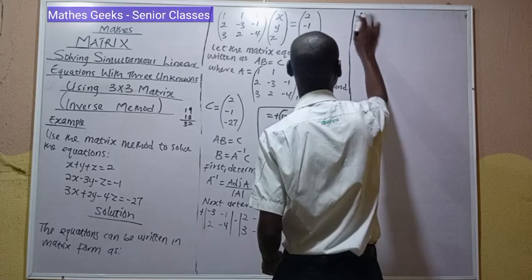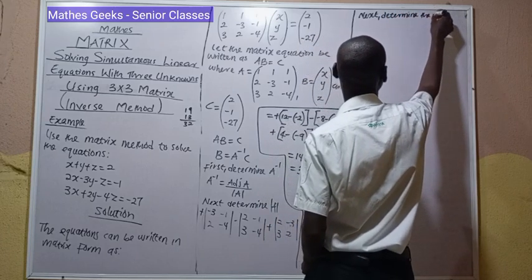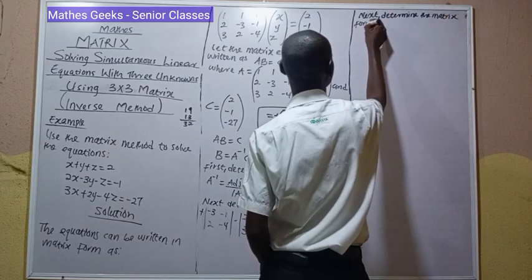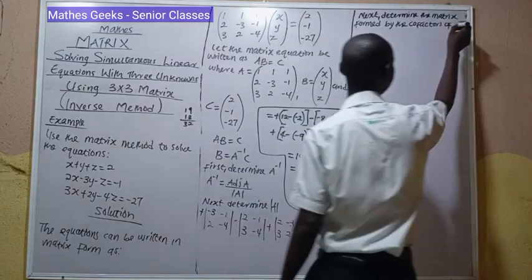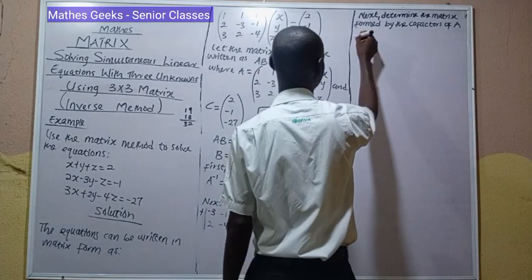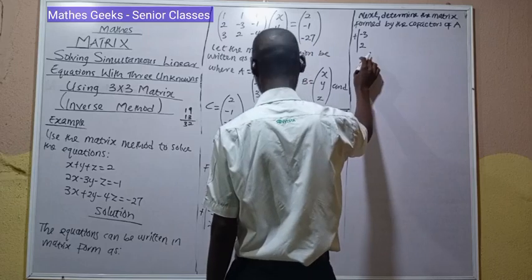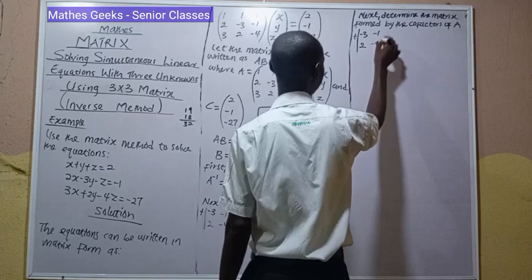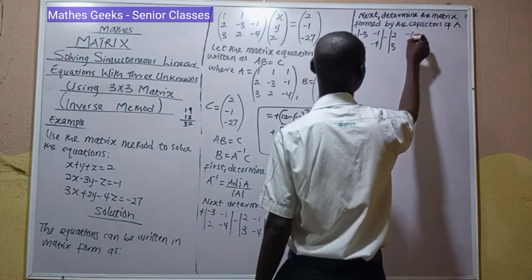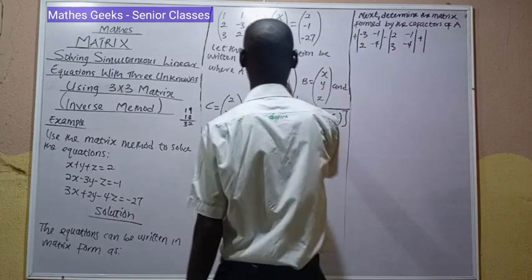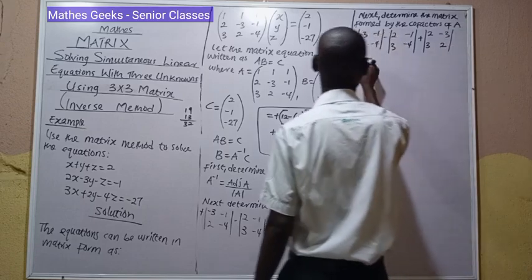So next, determine the matrix formed by the cofactors of matrix A. The cofactors matrix of A is plus first row, first column, minus 3, 2, minus 1, minus 4, minus first row, second column, 2, 3, minus 1, minus 4, plus first row, third column, 2, 3, minus 3, 2,